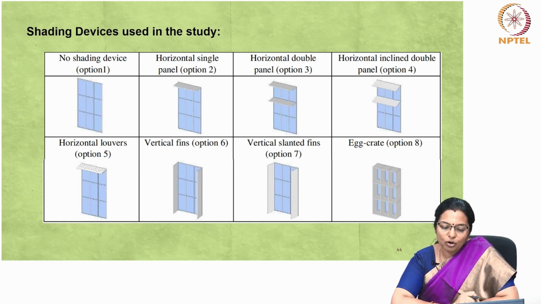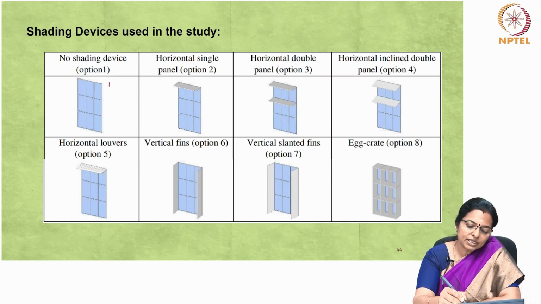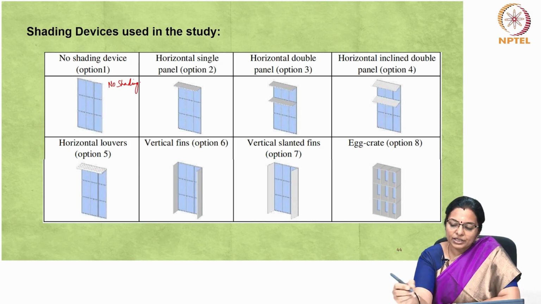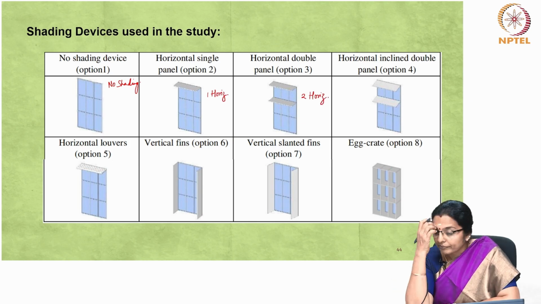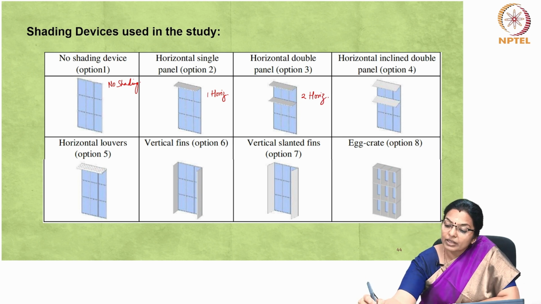The 7 shading options along with one more, which is the egg crate, is shown here. The first option is no shading. The second option has one horizontal shading device. The third option is two horizontal shading devices. The fourth option is double inclined. So, two inclined